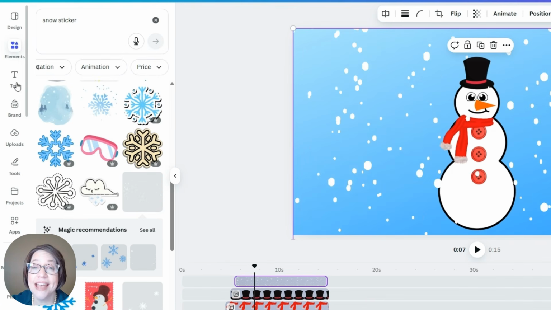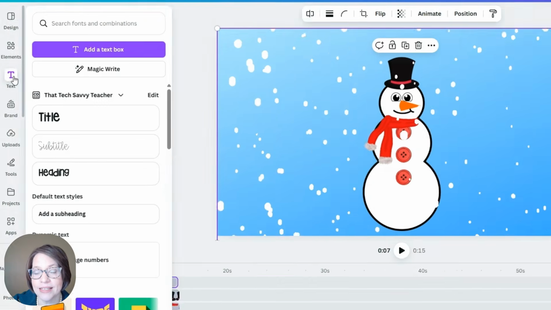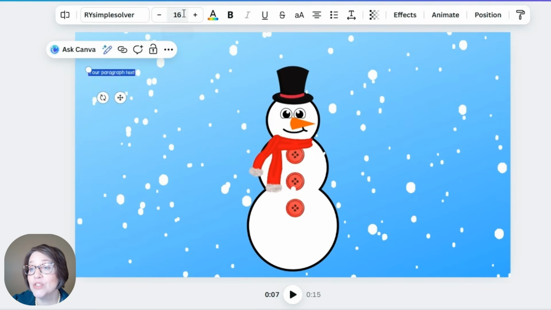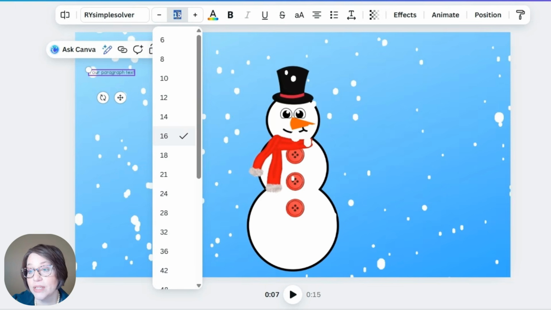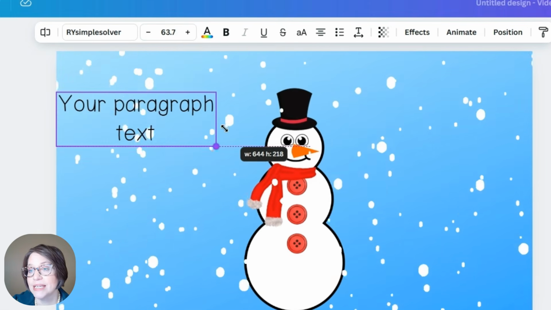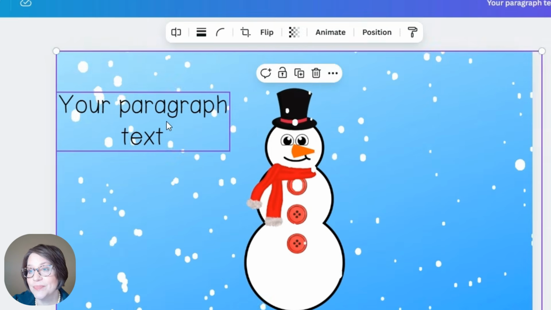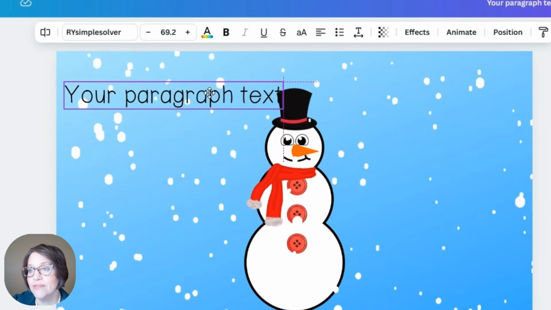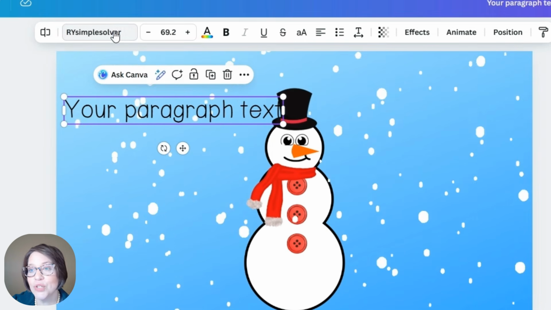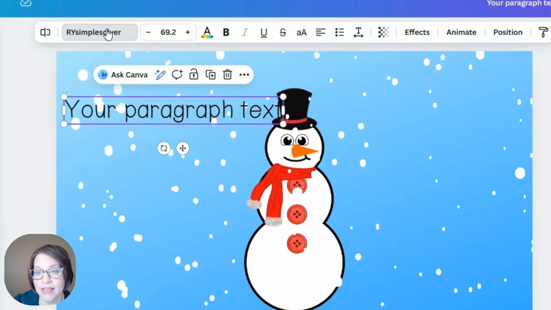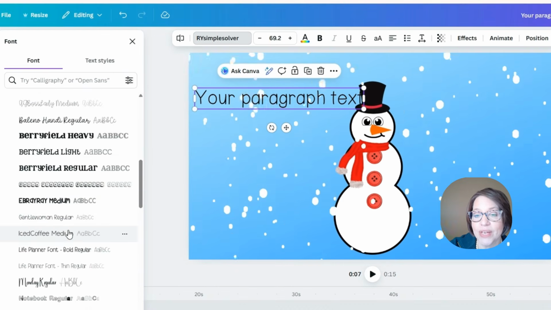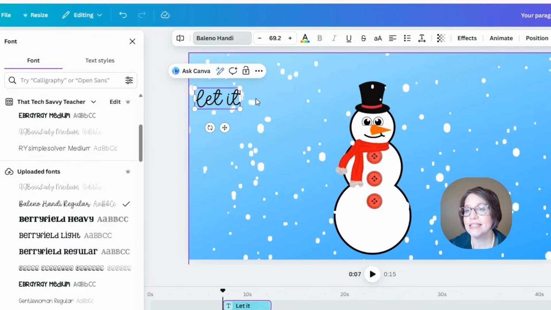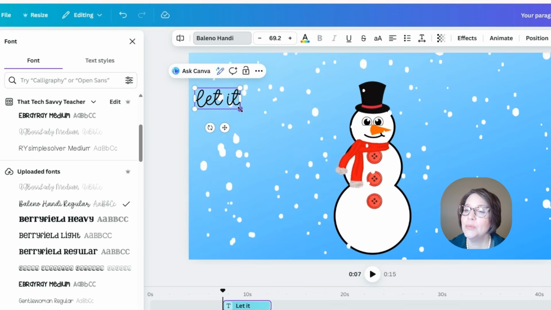Next, I want to add text. I'm going to click this T for text. Here is my text box right here, and it says your paragraph text. I can change the size by clicking this plus sign or clicking here. I can change the size easily. I can even resize it. I'm going to make that aligned on the left and change my font. I'm going to click here for that font and scroll down and find the different fonts that you might like. Let me make that a little bit bigger